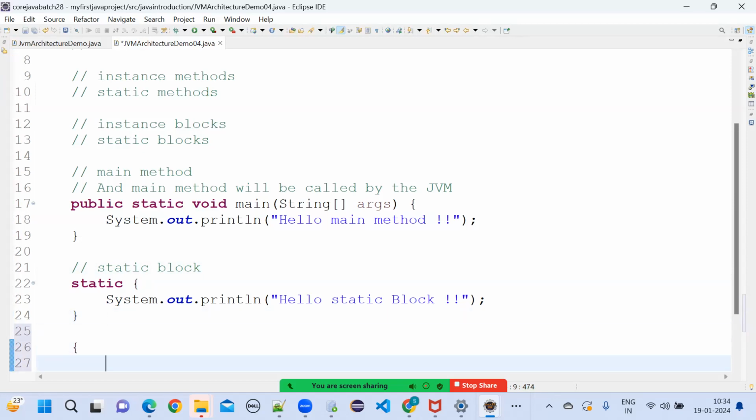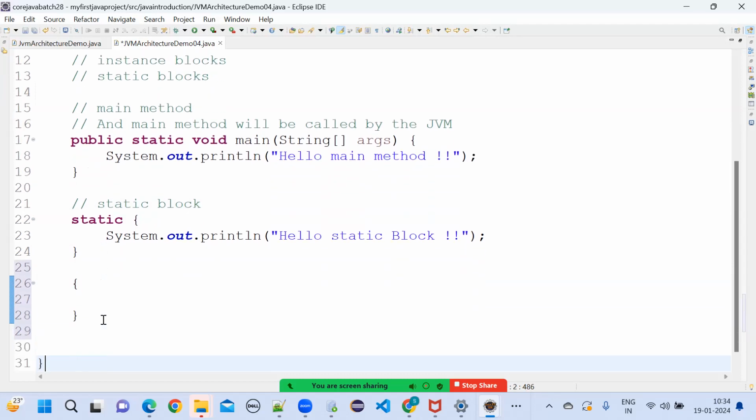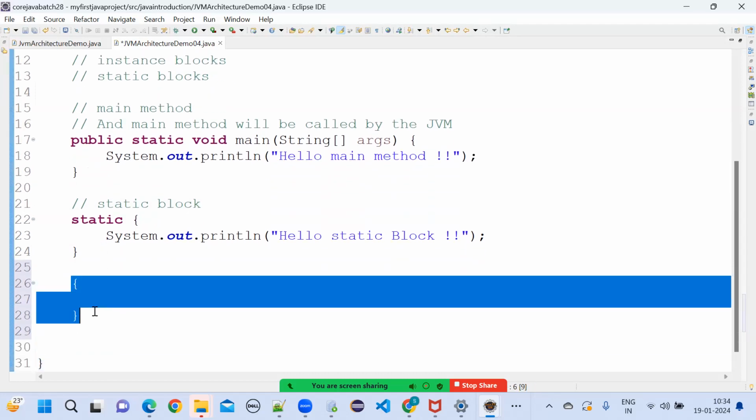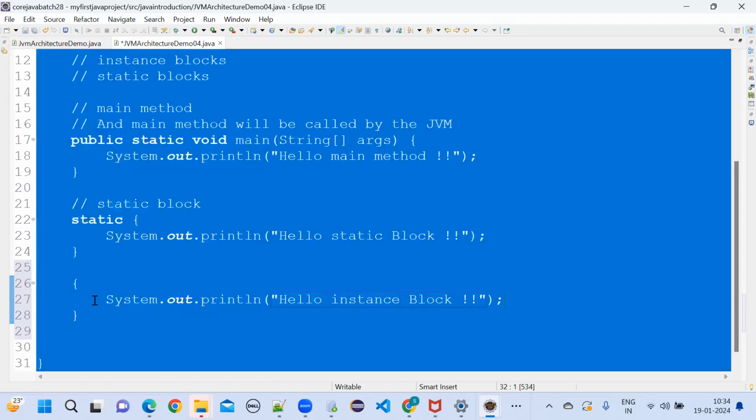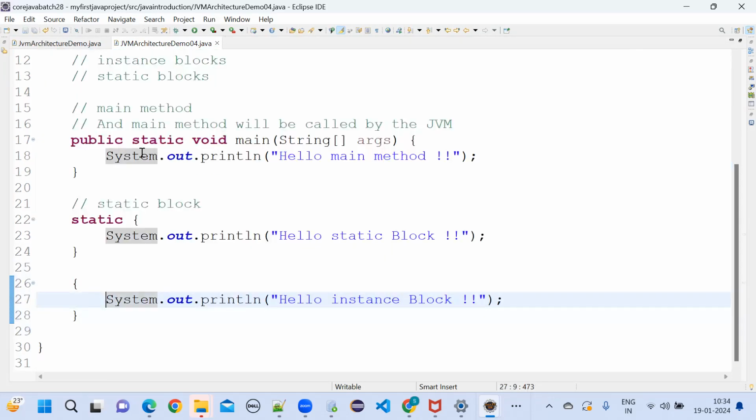The block name is called instance block. If you are not giving anything, just open and close, then this is called an instance block. System.out.println of hello instance block. Now if I am going to run this program,